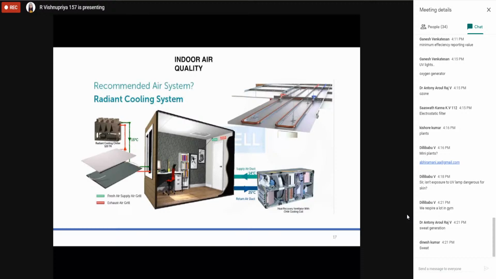Radiant cooling also is a good selection. Even we can try for this. Maybe I can loop you in to our radiant cooling vendors, so that you can get technical support from them and propose radiant cooling for this IT office. Okay, so it's all imagination. We can have a better system. Maybe in the upcoming days we can have a discussion on this part.